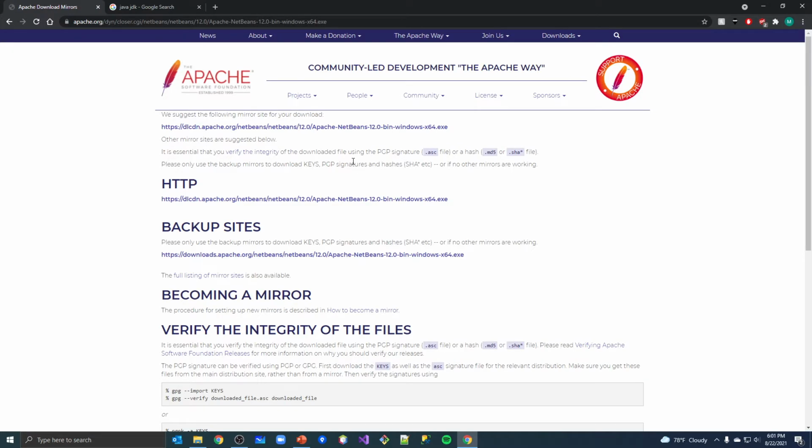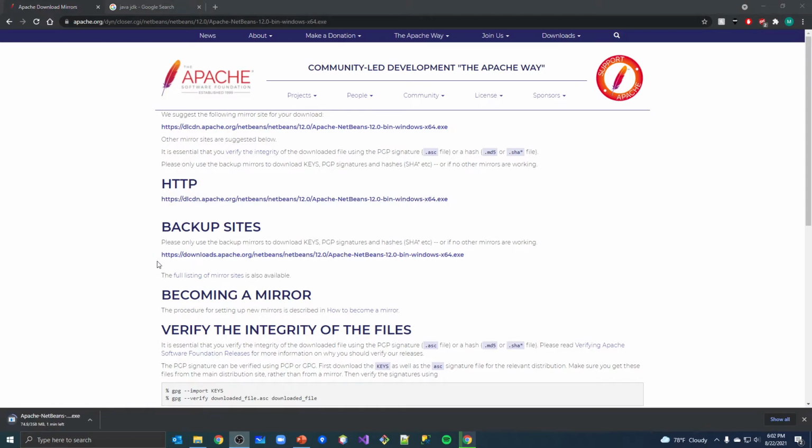So we'll click on that, and it shows us places to download it. Click the first link there under HTTP, and we'll wait, and it will download. All right, while that's downloading,